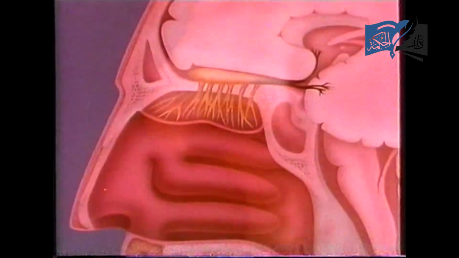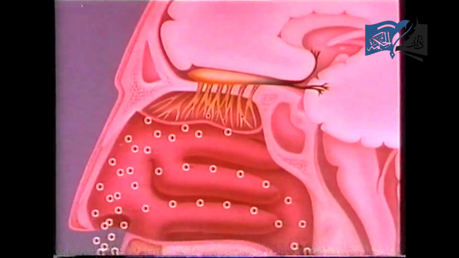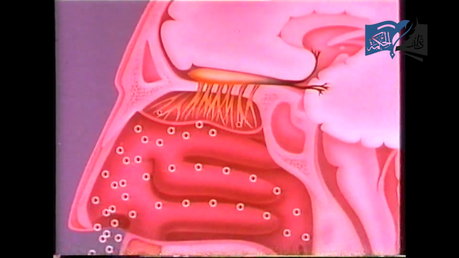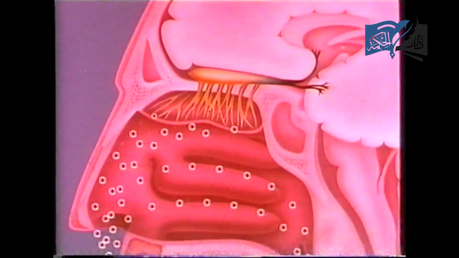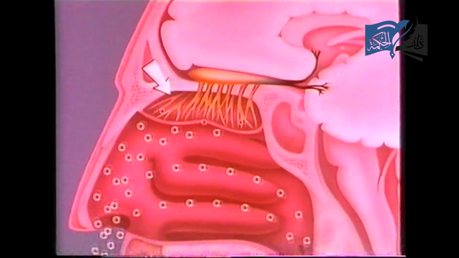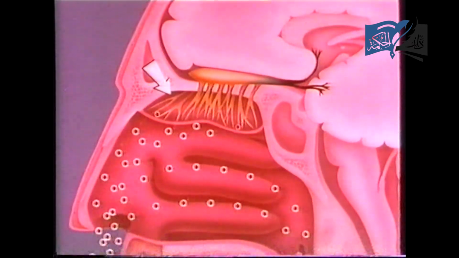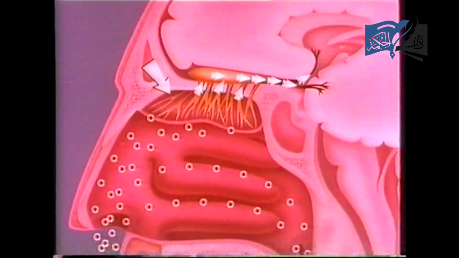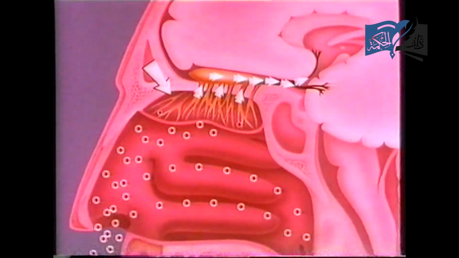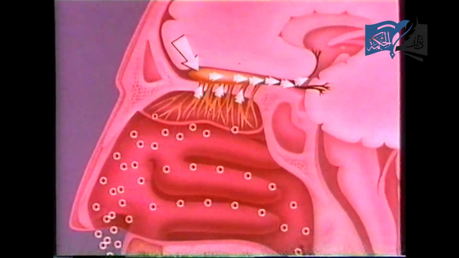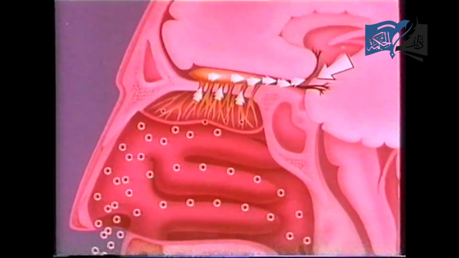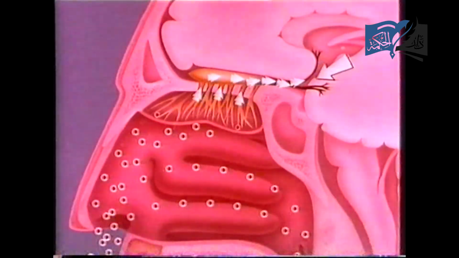Again, simplifying the details, this. Molecules of the perfume are diffused into the air and form a vapor. Drawn up into the nasal cavities, the molecules pass over the olfactory epithelium and go into solution in the secretion of Bowman's glands. The molecules in solution stimulate the olfactory receptors, which convert the chemical stimuli into nerve impulses. These nerve impulses move along the olfactory nerves to the olfactory bulb, and then along the olfactory tract to the cortex of the brain, where the odor is perceived.